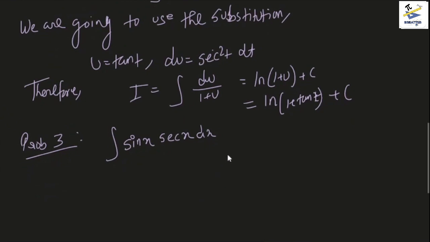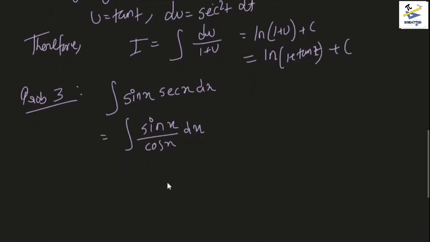Now this is an integral which we would solve using other methods, because obviously sec x is 1 by cos x, so this becomes sin x by cos x dx. And if you notice, the derivative of cos x is minus sin x, which is in the numerator. So what we can do here is